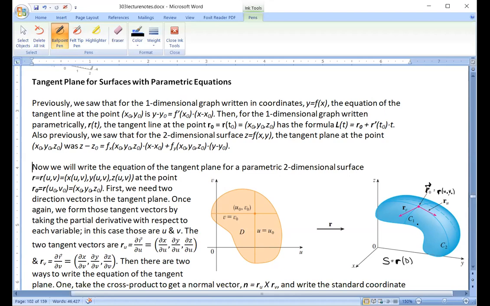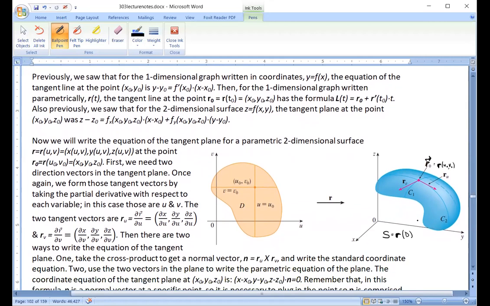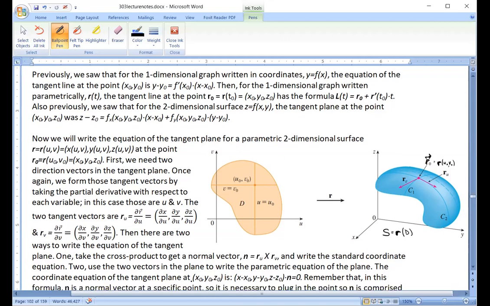So one way to do it, which we've done previously, is take your two tangent vectors, take their cross product, and that gives you a normal vector. This is something that we've done before. So once you have the normal vector, we know how to write down the equation of the plane where we have a normal vector and a point. So writing it down here, just as a reminder: if we're at the point x0, y0, z0, you simply say (x minus x0, y minus y0, z minus z0) dot normal vector n must be equal to 0, because they must be perpendicular, so the dot product must be 0. And then if you expand it,